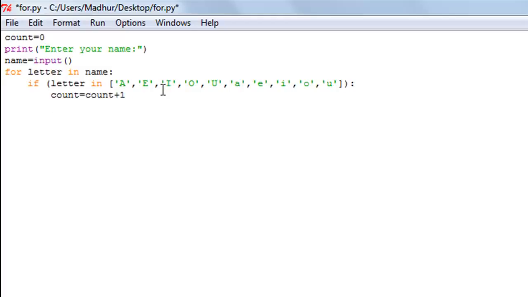And then after we've done this, I'll move outside the for loop, use the print function to display the message, you have count and then vowels in your name, right? So this is good enough. I'll save the file and I'll run it,